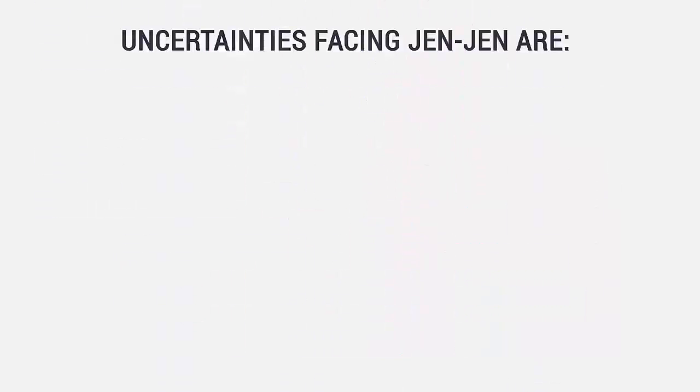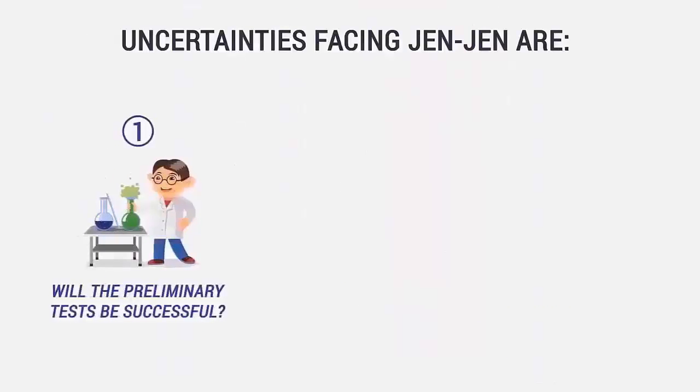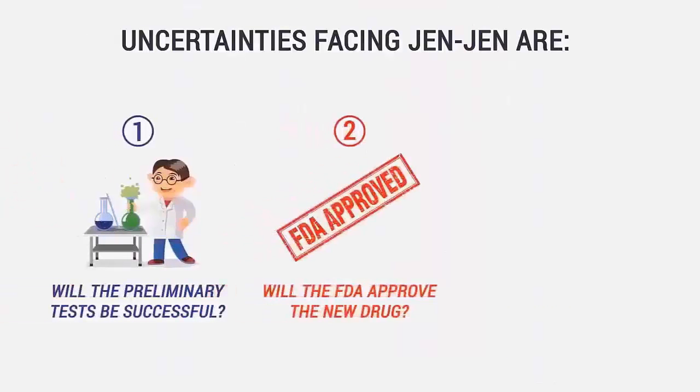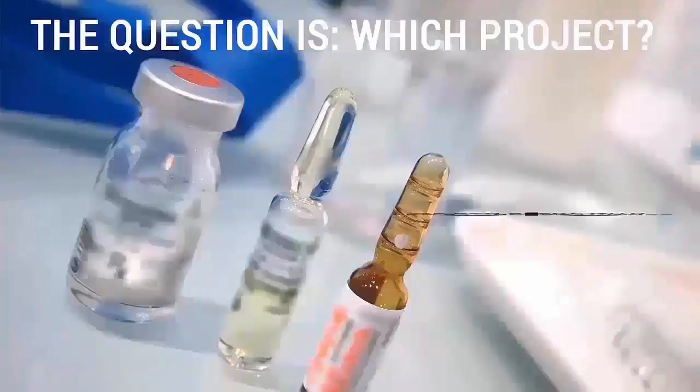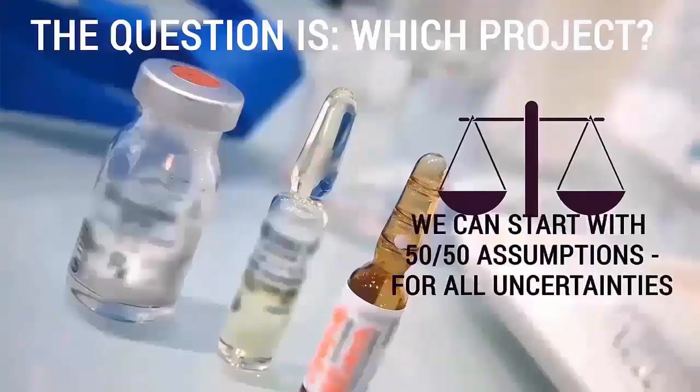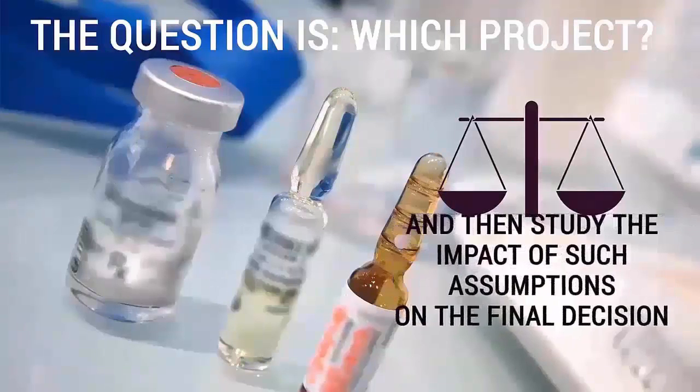Uncertainties facing J&J now: Will the preliminary test be successful? Will the FDA approve the new drugs? Will sales generate the projected revenues? The question for J&J is which product? We can start with a 50-50 assumption for all uncertainties and then study the impact of such assumptions on the